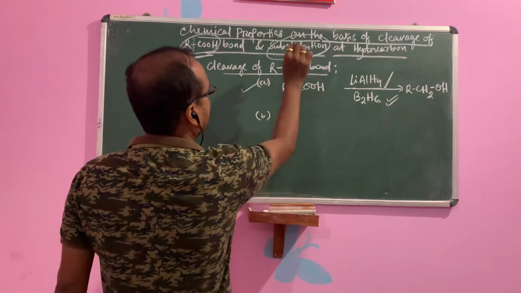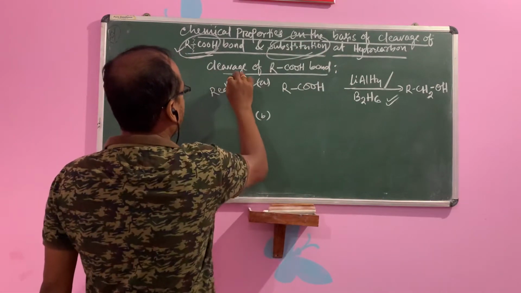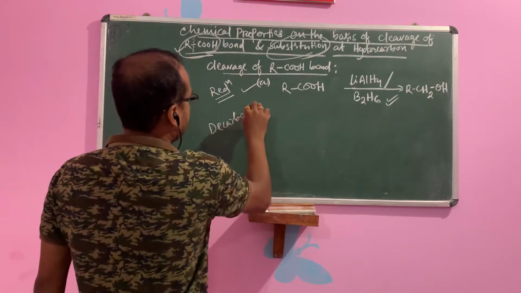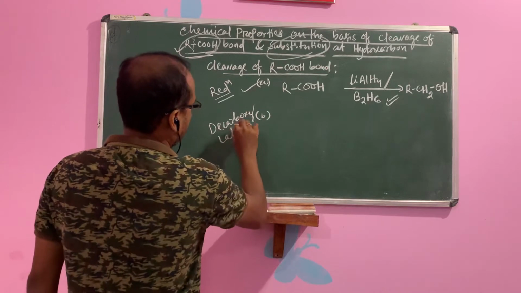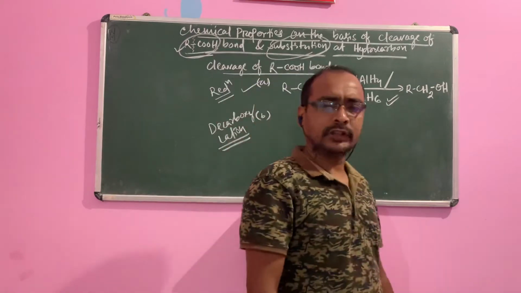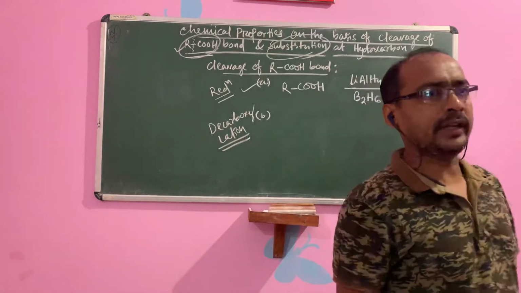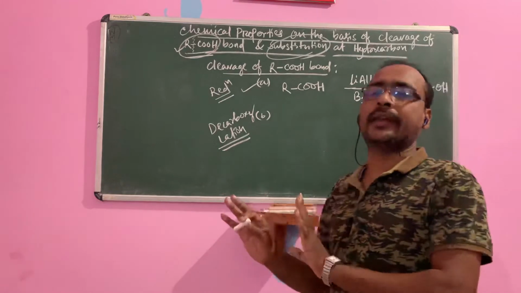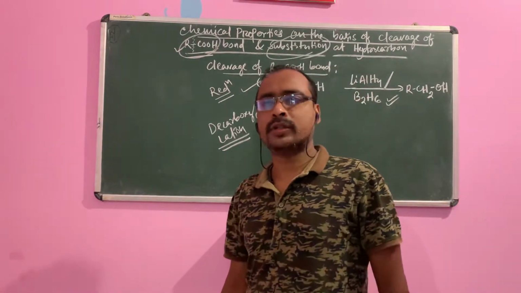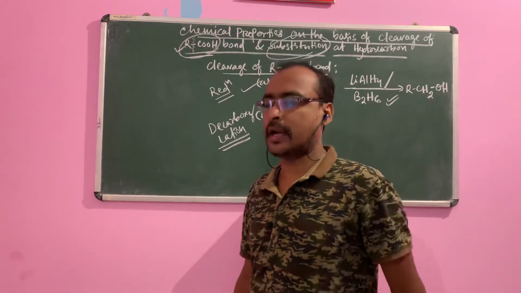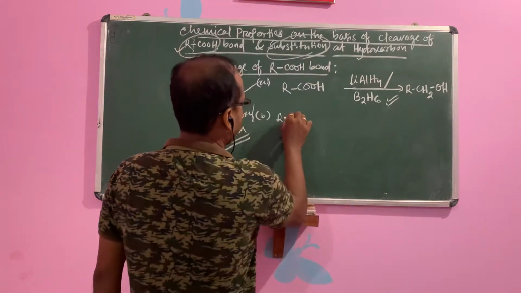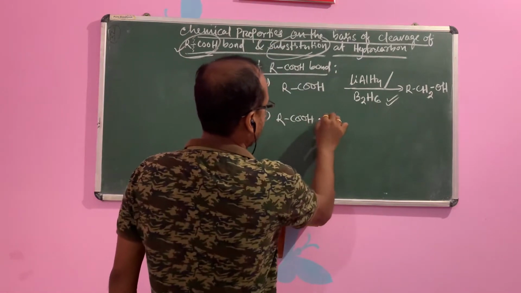This is your reduction, and this one is decarboxylation. If carboxylic acid is treated with soda lime, that is sodium hydroxide and lime, CaO, children, the combination of soda lime, then RCOOH plus soda lime, NaOH and CaO,